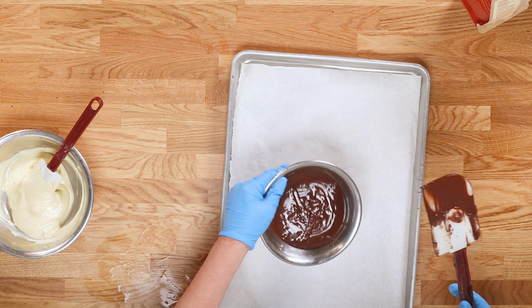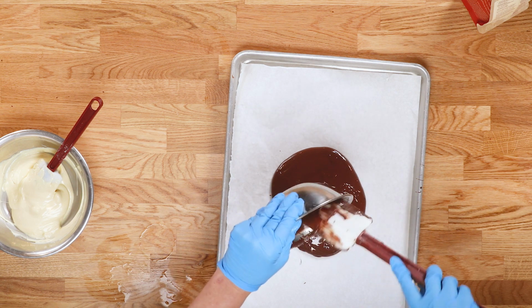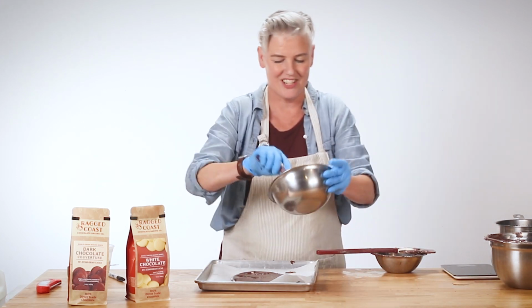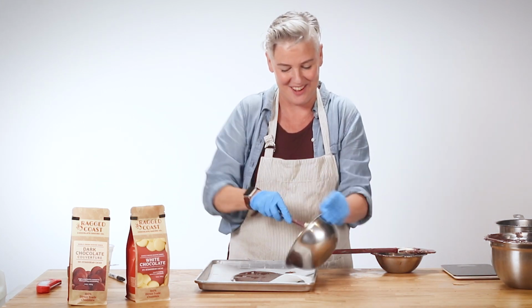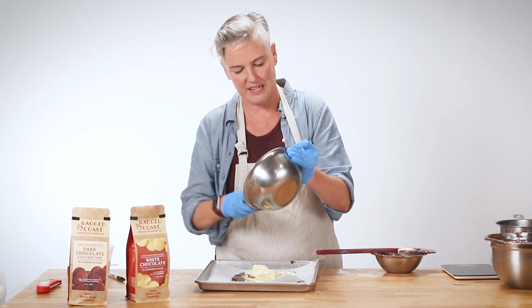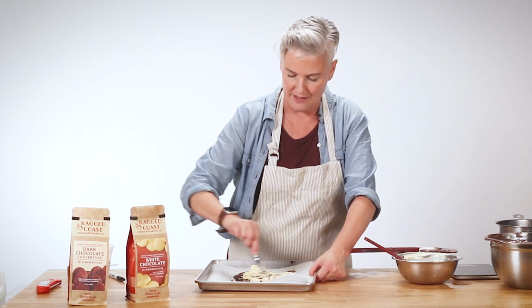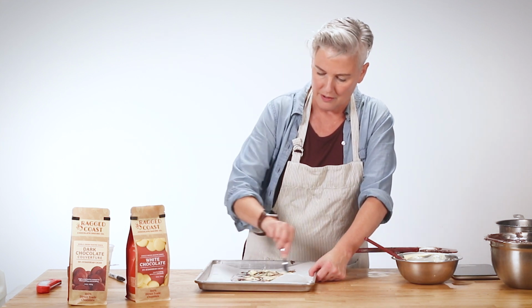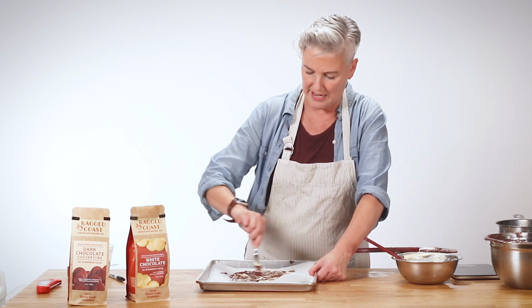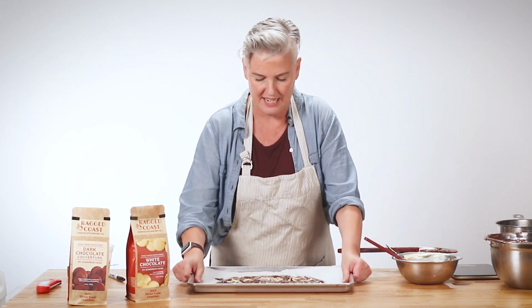We're going to spread the dark chocolate first onto this half cookie sheet. Then we're gonna take our white chocolate, which is setting up very quickly here. It doesn't have to look nice. We're gonna marble it in. All right, so we're just gonna go back and forth. White chocolate is setting pretty fast, so I don't wanna keep going too long there because I wanna make sure that I can